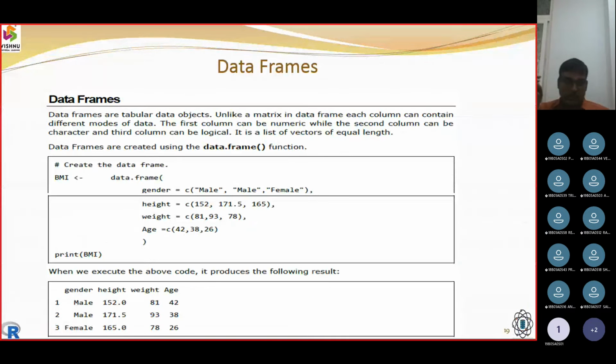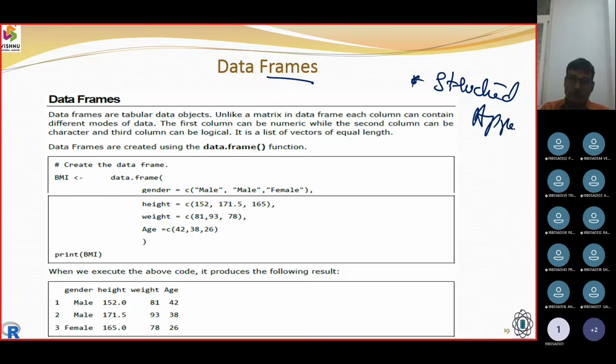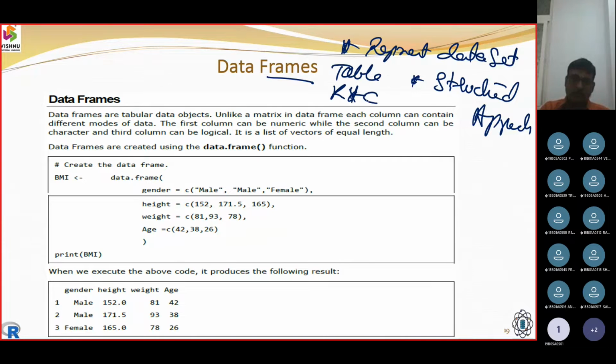After this, we have another interesting word called a frame. When we talk about a frame, first and foremost we use a structured approach, and second, we represent the data set in table form with rows and columns.